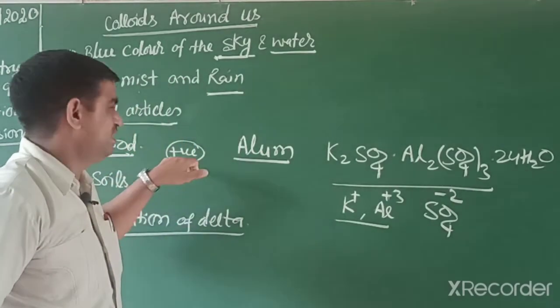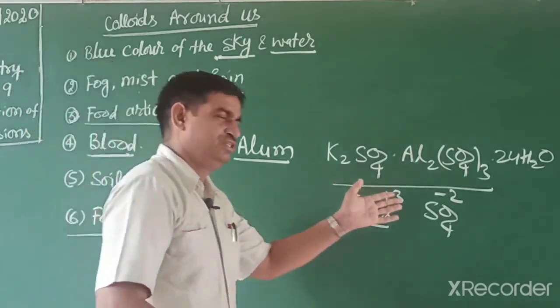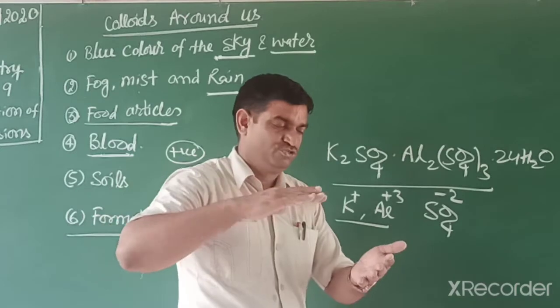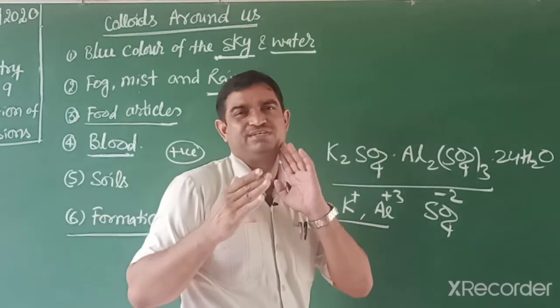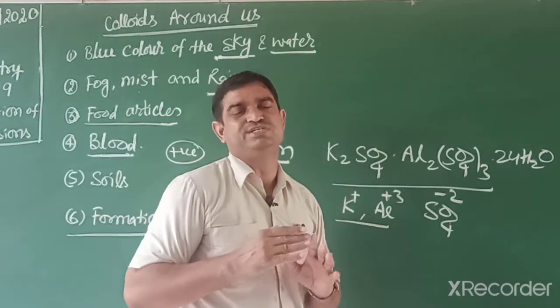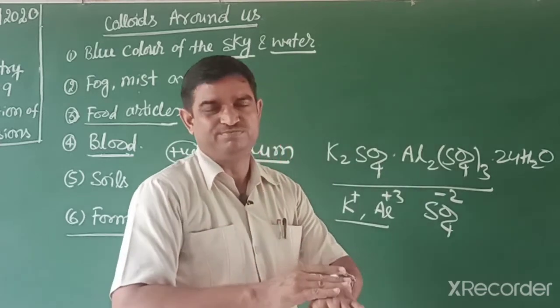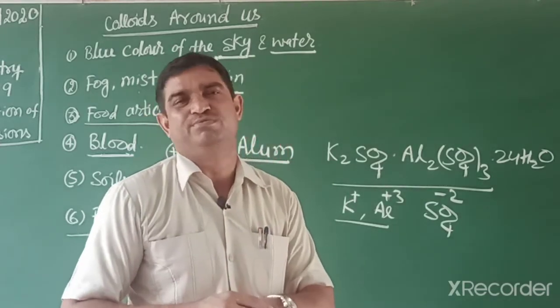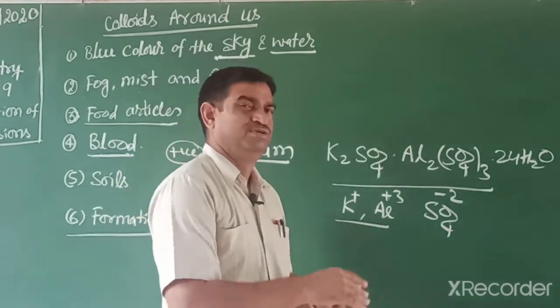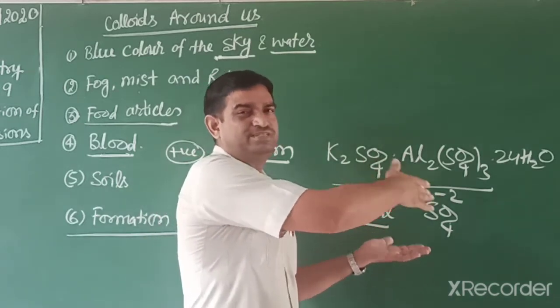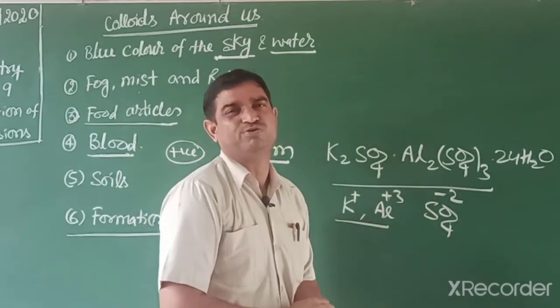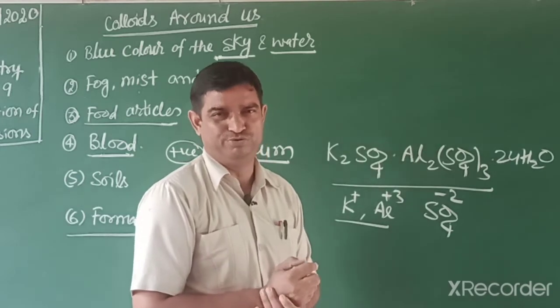But blood is a positive sol, so the sulfate ion coagulates it. So the release of blood from our body is stopped when there is any cut and we apply salt, alum or ferric chloride sol. Then the blood release stops because of blood clot formation, due to the Hardy-Schulze rule.